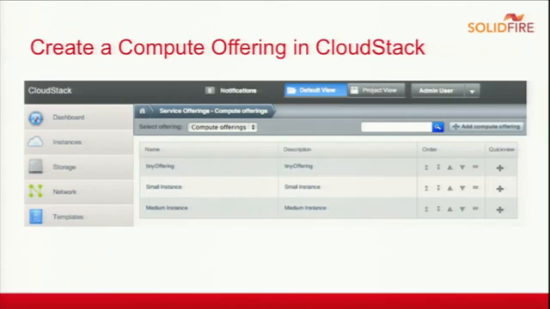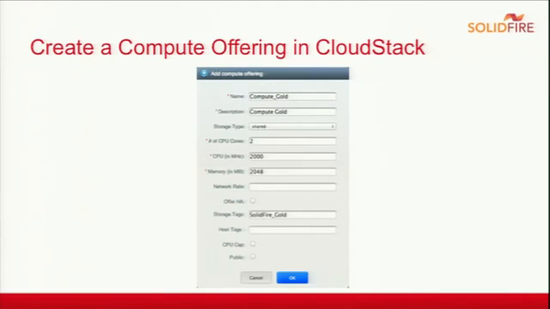I'm going to go ahead and click on the Add Compute Offering button in the upper right-hand corner. And then this dialog should actually make it a little bit more clear what a compute offering really is. So obviously a name, a description. And then what we're going to do here is provide information like how many virtual CPUs, what kind of memory,